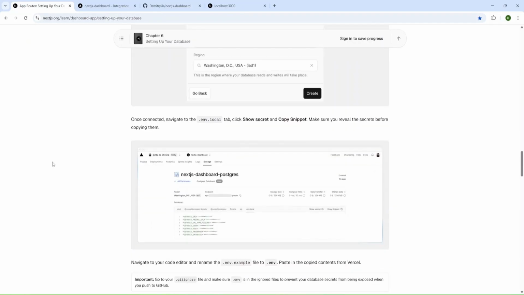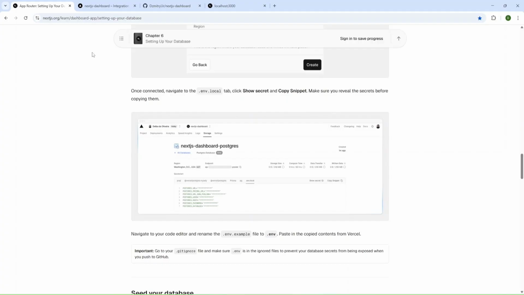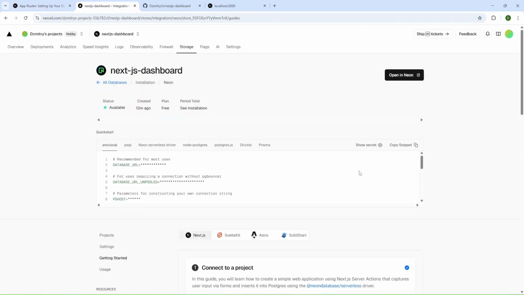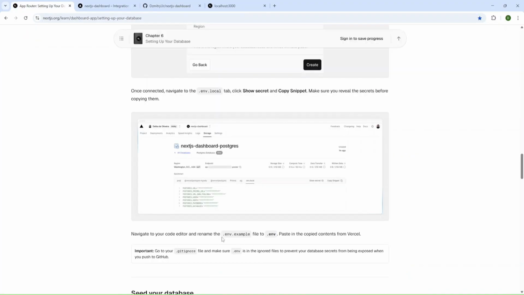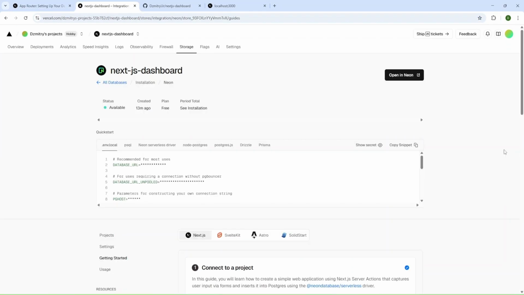And now we can open env local and copy the secret. And you need to show the secret and then copy it to env local and rename env example to env.